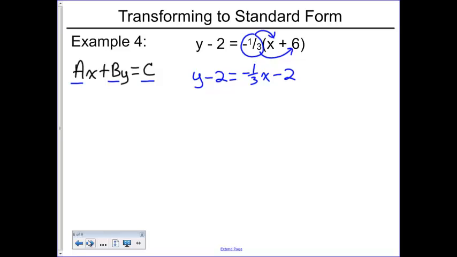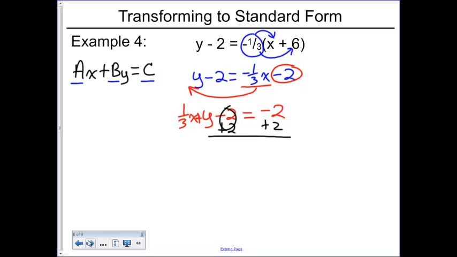Now I want to bring my x value over here. It's a -1/3 on this side. So when I bring it to the left side, it becomes a positive 1/3 x. I have a y, a minus 2, and equals, remember I still have a -2 on this side. And now I need to move my 2 out of there because I only want x and y on the left hand side. Oops, I forgot my plus over here. There's a plus sign in between. So I'm going to plus 2 on both sides. These cancel out, 0. I still have a 1/3 x plus y is equal to negative 2 plus 2 is